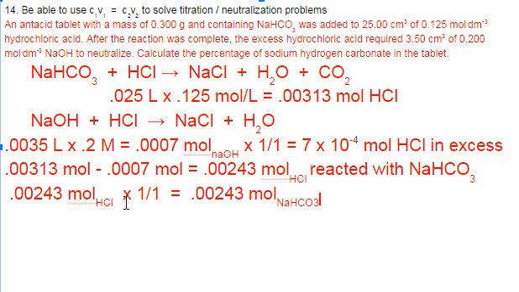So now how do I finally get to my percent? I know I have 0.300 grams in the antacid tablet. I take this 0.00243 moles times the mass of sodium bicarbonate, which happens to be 84.02 grams per mole,